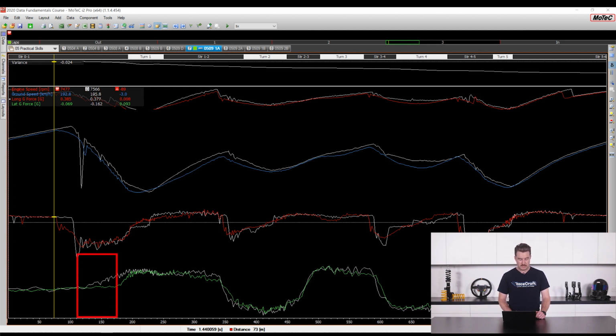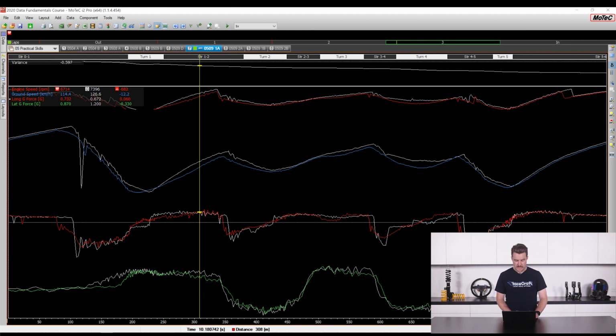So we can see here that the amateur is driving the car much straighter, so the lateral G-force here is quite constant, and then right as they approach the corner entry they're turning quite sharply, whereas the pro is able to hold a lot more combined force, so they're holding longitudinal and lateral at the same time.